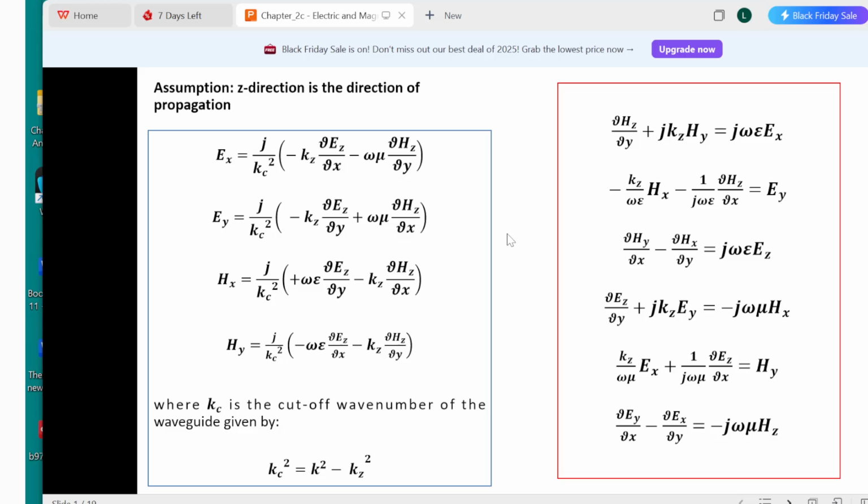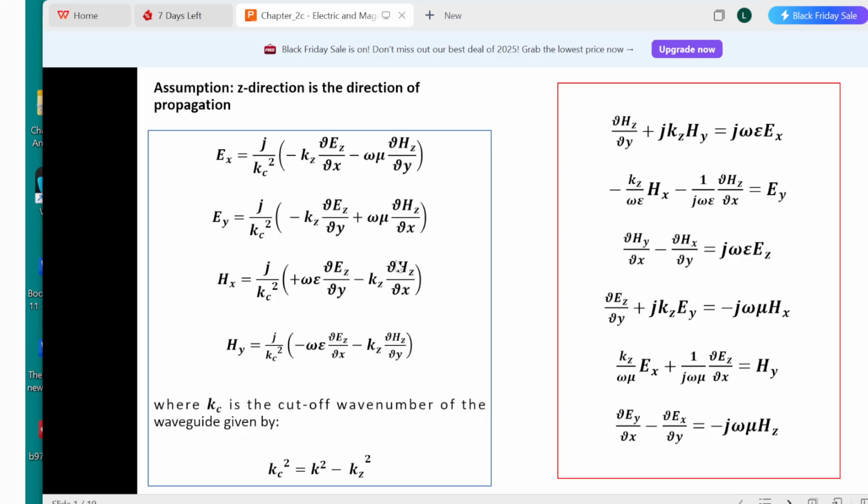Hello everyone. Today we are going to derive the Maxwell equations. We are going to derive the transverse electric fields and also the longitudinal electric fields according to the Maxwell equations. To begin with, we assume z is the direction of propagation. And at the end, we are going to come up with